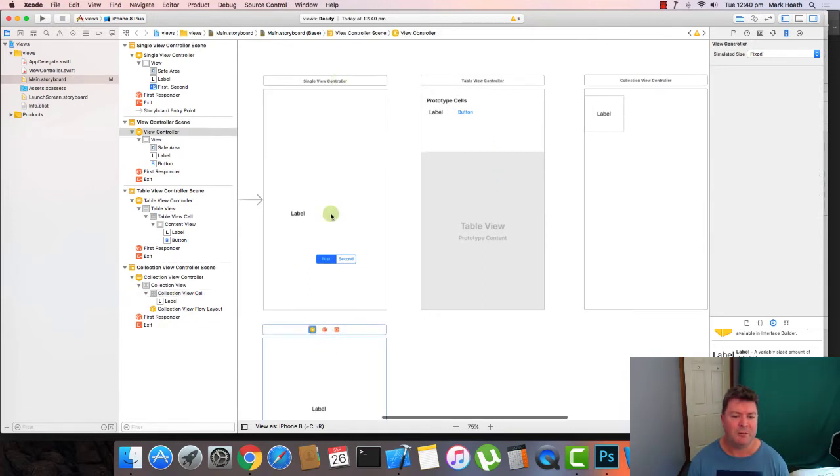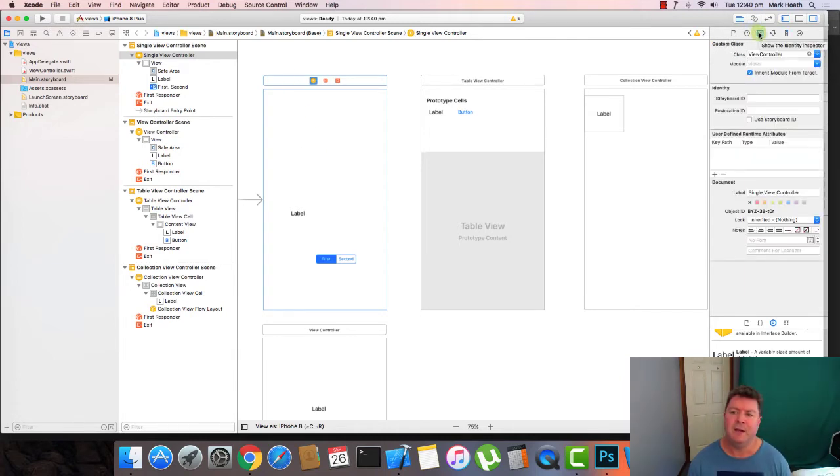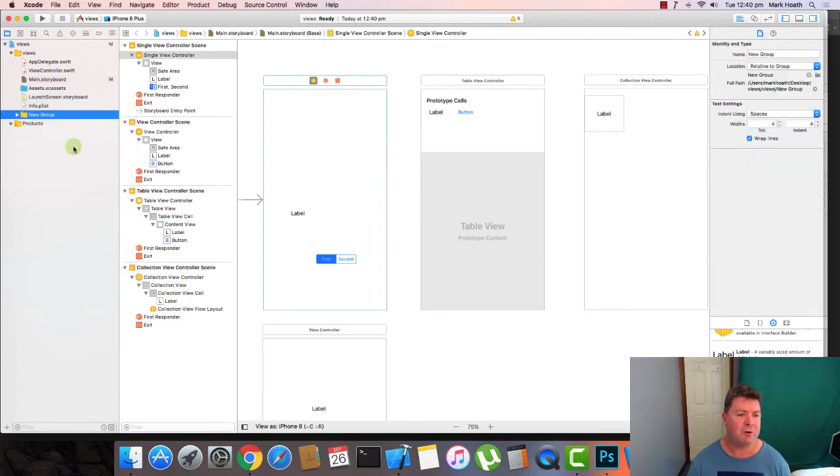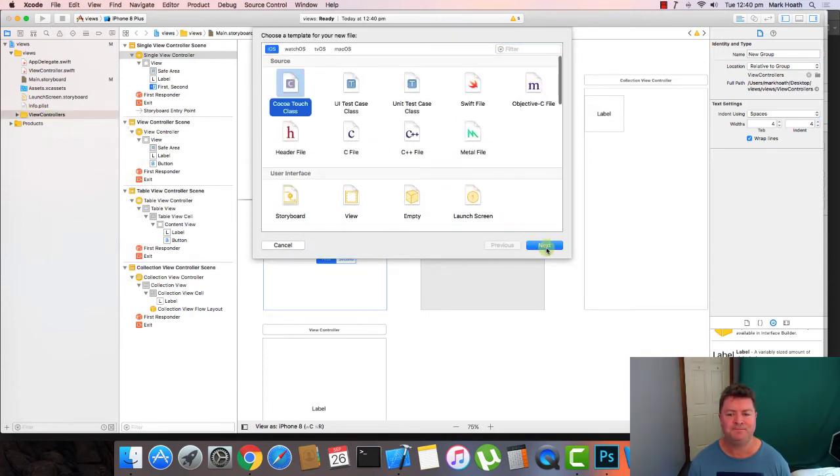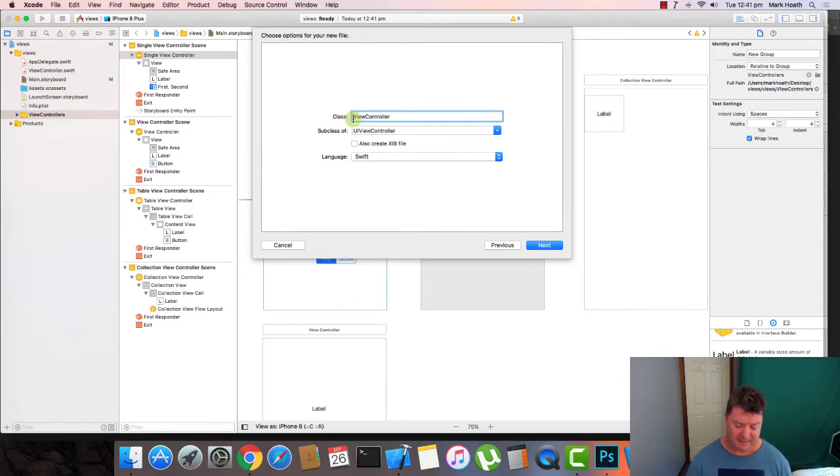Now if you've got more than one view controller, each of these items in the interface builder or on the StoryBoard, if you go to the identity inspector, it'll say the class view controller, and what you can do if you right click over here, we always create a group called view controllers, and then we can add a new file to the view controllers. It's a CocoaTouch file, and we can name each one, so it can be the first view controller and make it a subclass of the UI view controller, and that will give us